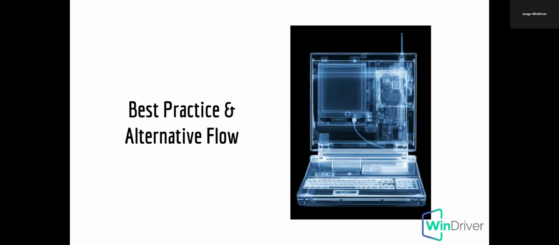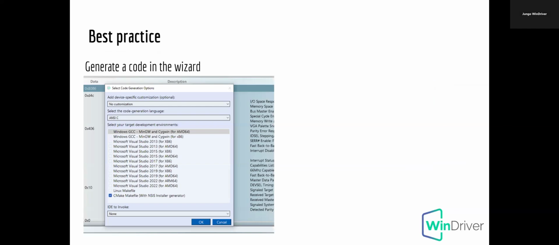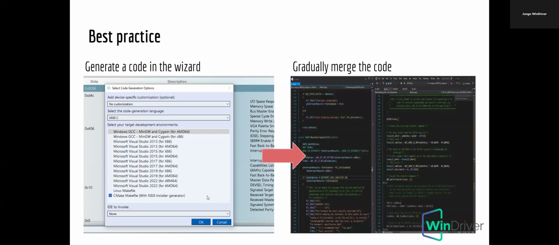So let's talk about best practice and alternative flows for how to upgrade WinDriver. So this is the regular flow, the regular routine. You generate the code in the wizard. We recommend using the makefile because it includes all the compilation flags and everything for every other environment. And then gradually merge the code. Okay, so you have the generated code of the latest version,